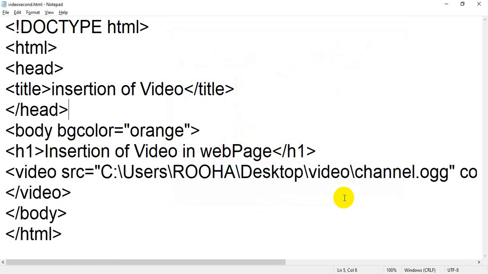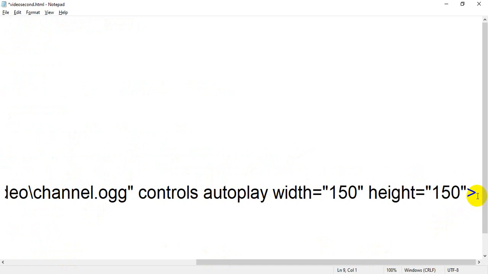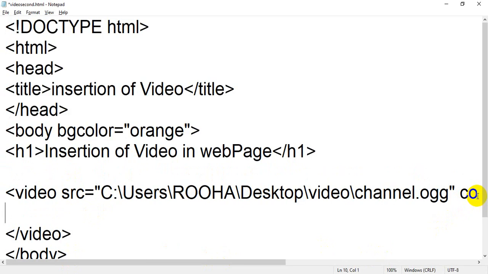Now in our second file, what is expected is that we use multiple file formats, which means we need to use the source tag. So inside the video tag, I will add the source tag, like we did in the insertion of audio. I will use the src attribute with the same src address.